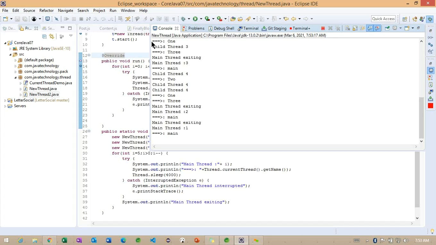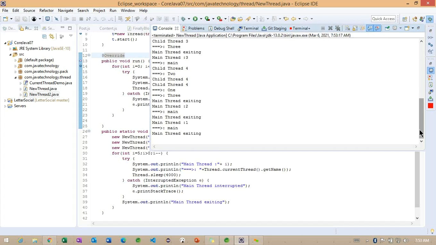So later what happened? If you observe carefully, the main thread is executed and after that the child threads are executed, and the name of the thread we are getting is 2.